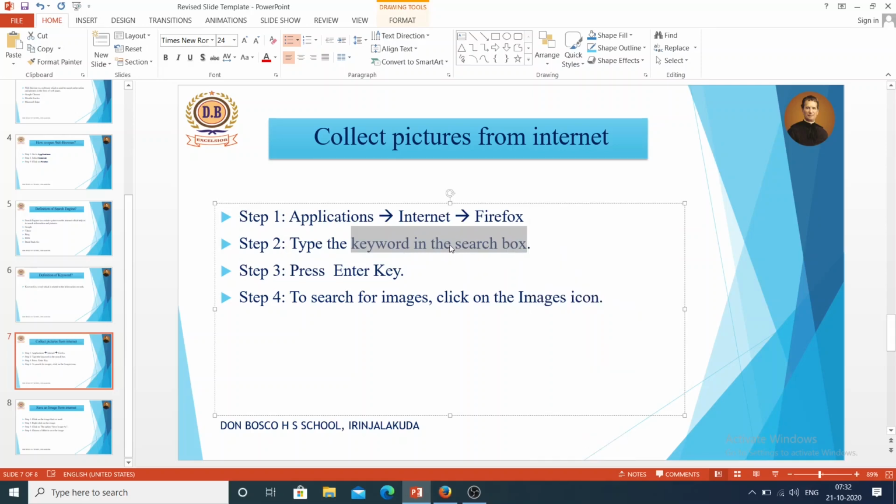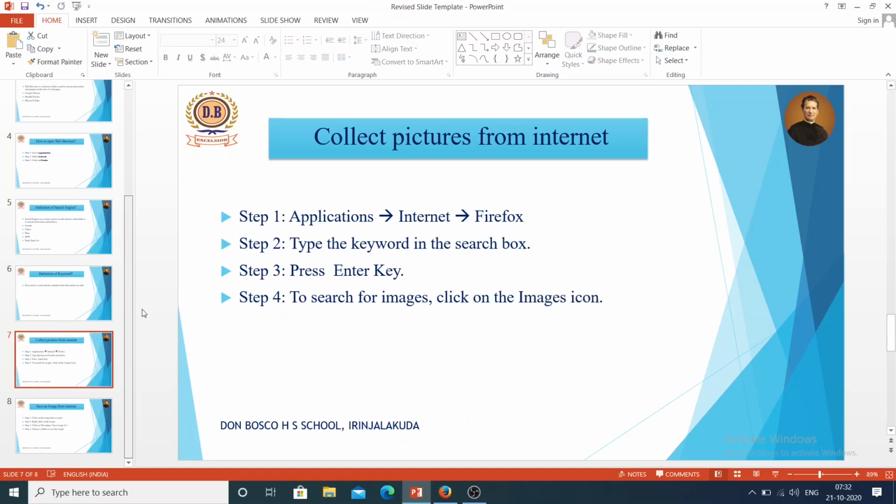The keyword here is polar bear. Then press the enter key and click on images icon. Then you can see the pictures. Hope all are clear about this topic.